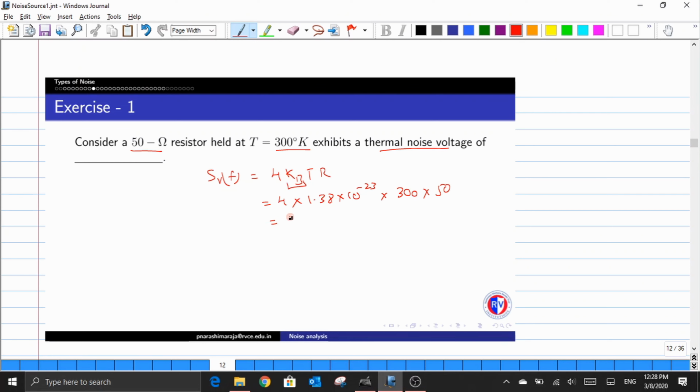Now once we multiply all these terms, one would end up having a value which is equal to 8.28 into 10 to the power minus 19, and the unit of this power spectral density is volt square per hertz. But what was asked in the question is not the power spectral density, but rather the thermal noise voltage, which means that we are looking for the RMS value of a voltage noise. Now in order to evaluate this RMS value, first we need to translate this quantity, that is the power spectral density, into a variance, for which one could use